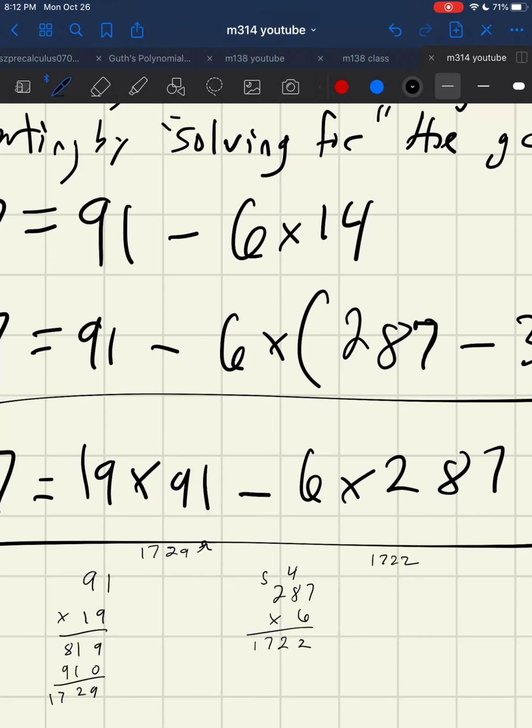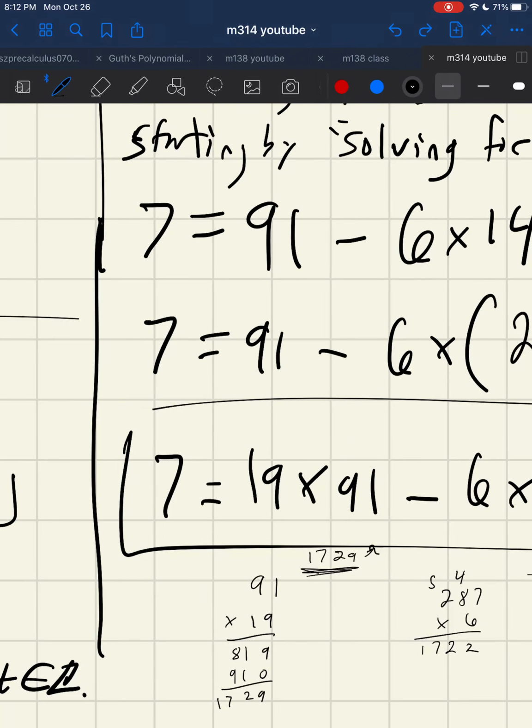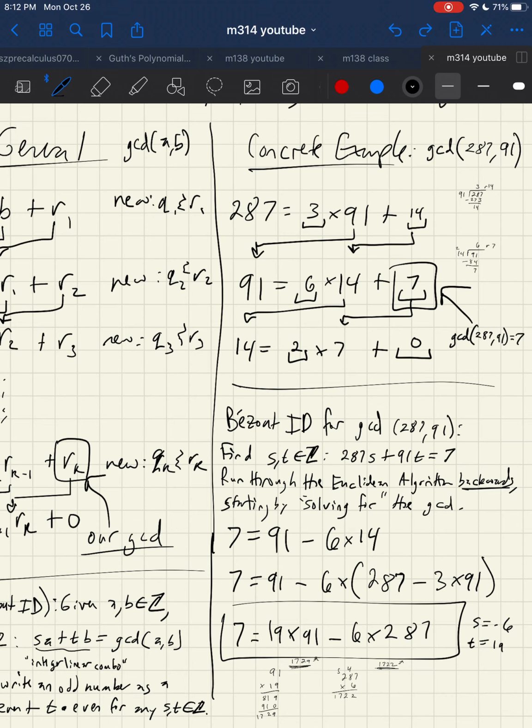So this is 1722. And guess what? 1729 minus 1722 is indeed 7. So I not only found an integer linear combination, but I also checked that it was correct. So this is the Bezout identity. And I'm going to cut the video here because the next set of results kind of fit